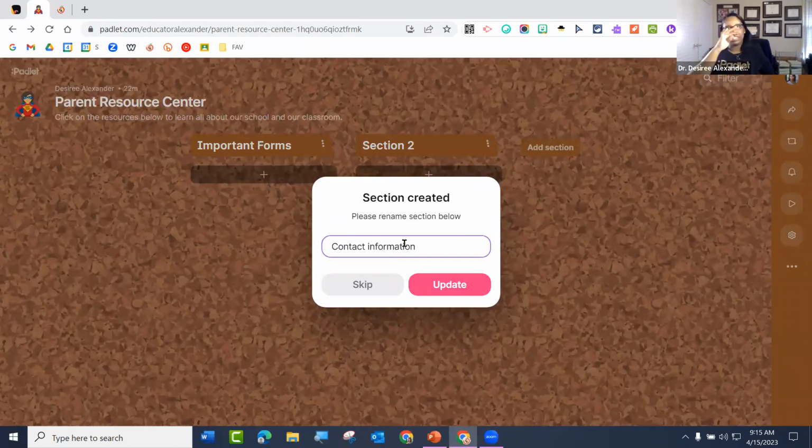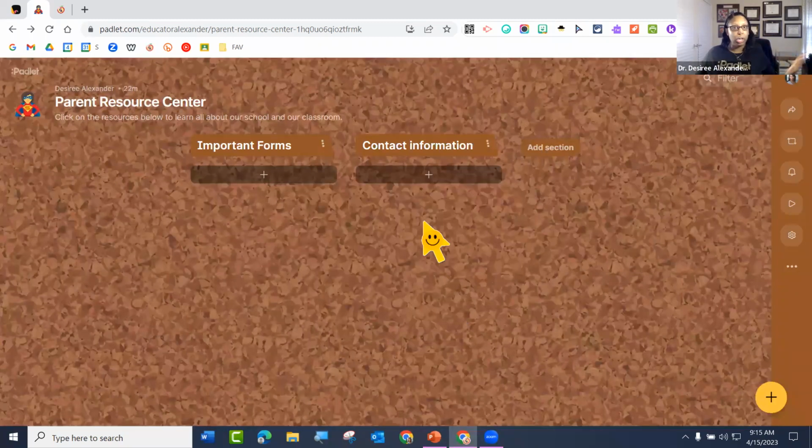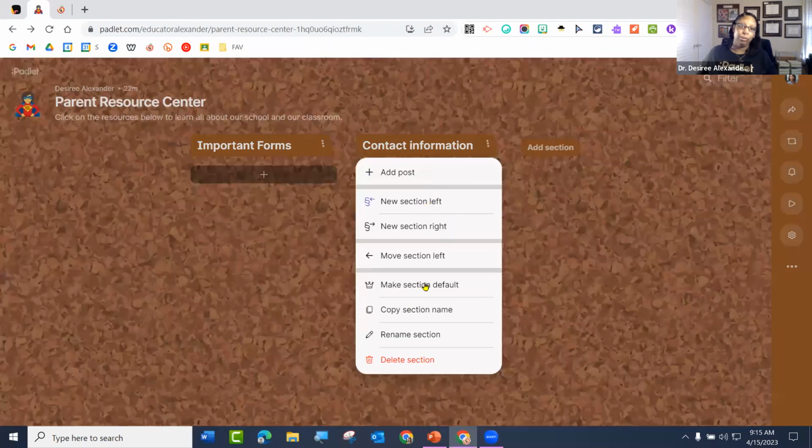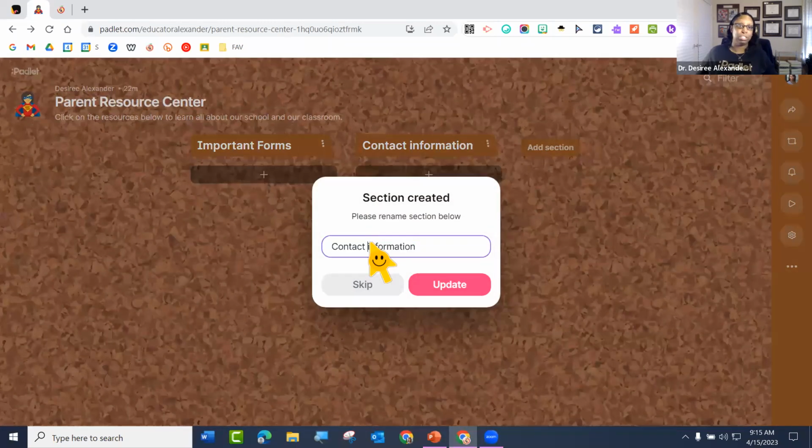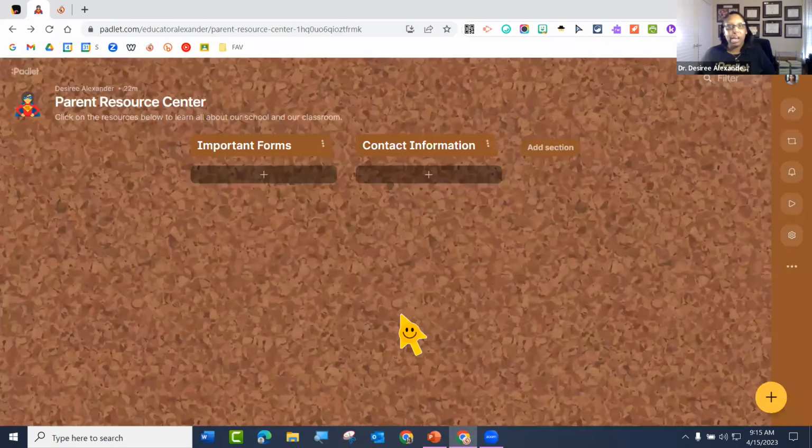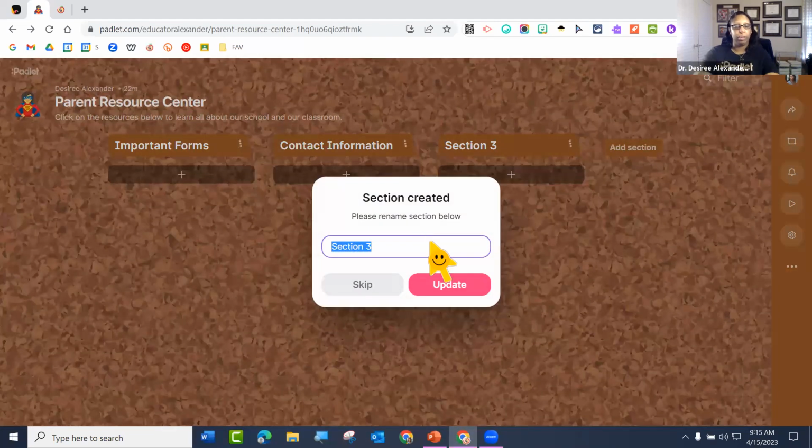So if you did do a section, give a couple of your sections a title. That lowercase I is bothering me, even though this is just pretend, but I just can't. All right, so there you go. So give yourself a couple of sections to play with. I'm going to do 3 and I'm going to call this, I don't know, school information. I don't know, I can't.